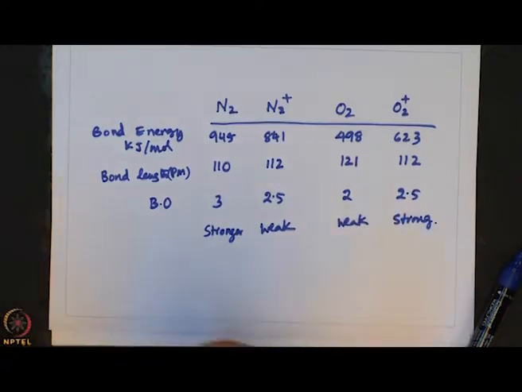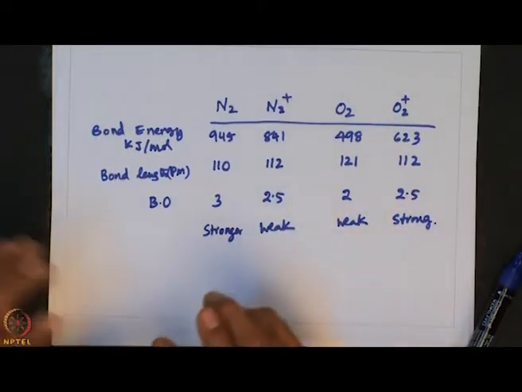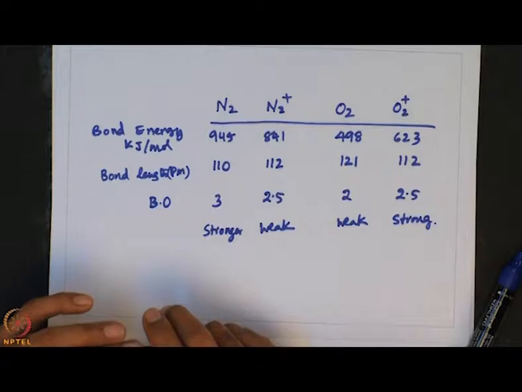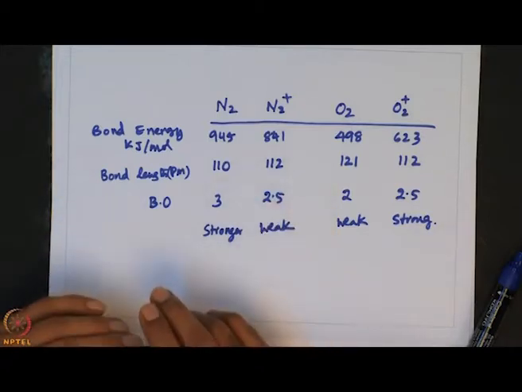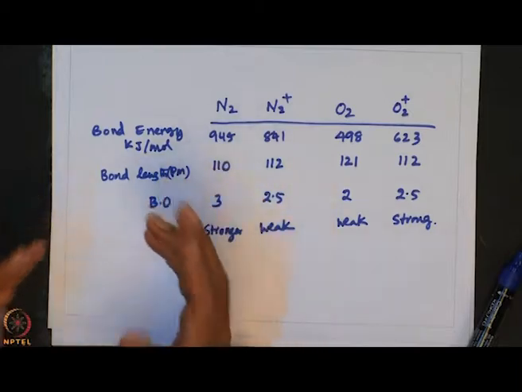As a result, the oxygen atoms, O and O plus, come very close to each other. As a result, the bond distance shrinks, and it is now 112 picometer. That means the bond distance in case of N2 plus as well as O2 plus are essentially the same. So, you can see how some of these properties can be readily explained simply by drawing the MO diagram, and also the reactivity, all those things one can extrapolate and understand better by practicing and knowing the MO diagrams for most of the molecules we come across.